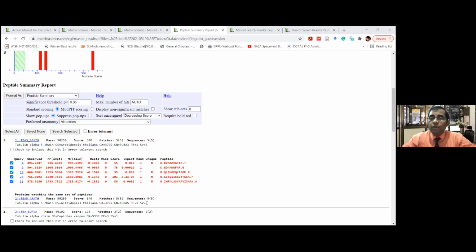But sometimes you may get only one hit, one peptide or 2 peptides, and you're not very sure whether that is the right hit or not. In that case, looking at the fragmentation pattern, looking at the B and Y ions becomes very important, because that gives you confidence. What you see here, if there are sufficient number of red Y ions, which are very intense ions, and you have at least 2 of the B ions in this particular screen, that itself is a good example. There will be cases when sometimes you don't have any intense B ions at all, and you have only 1 or 2 Y ions in red, that is not a good hit.